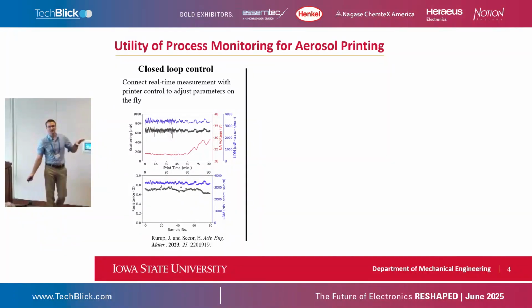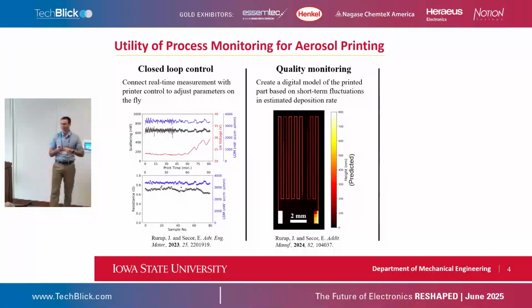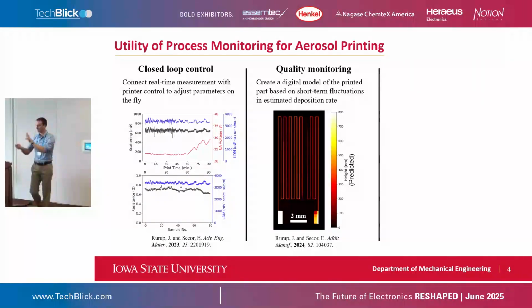And just for completeness, the other two: we have a continuous data stream as we're printing, and we can coordinate this with where we are in the physical part. So we can go back after we've printed something and ask, did I print what I actually thought I wanted to print? We can see if there's more or less material deposited in certain areas, and where I should be looking for defects in this part. If we had a little bit less material on one of the contact pads in this serpentine, that maybe doesn't matter for the functionality. If it happens in the serpentine itself, that's a big red flag. And then the last broad bucket for this